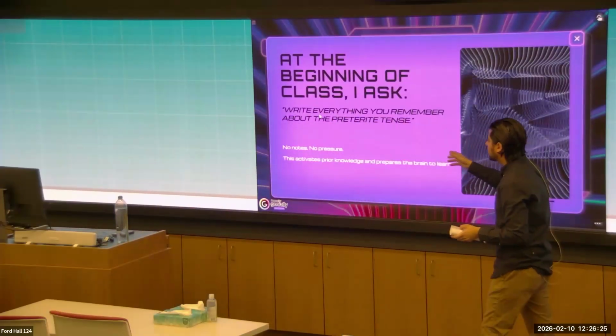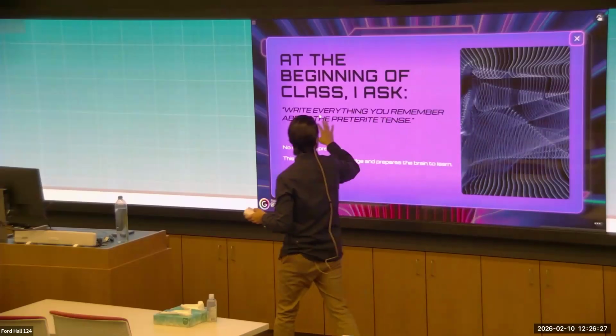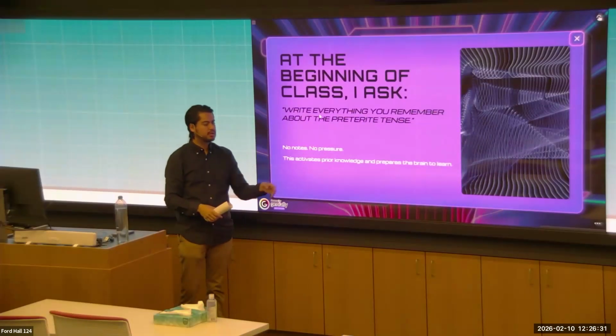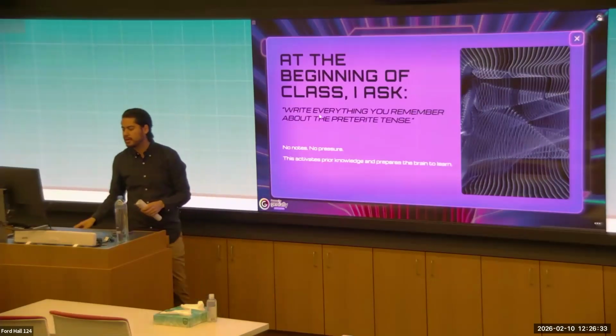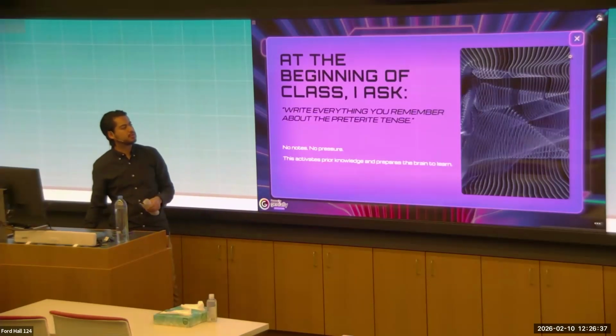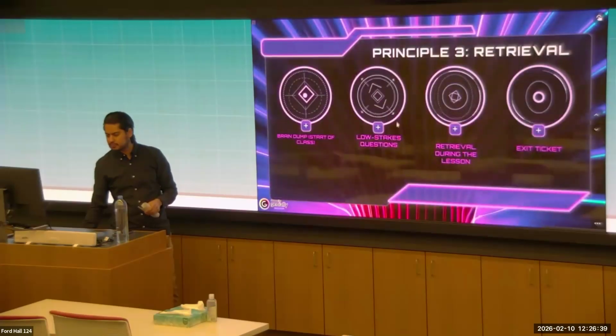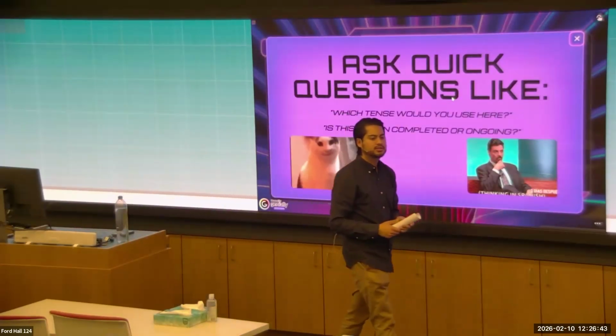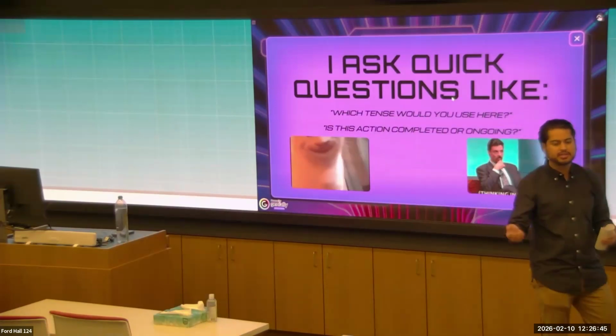So, for example, write everything you remember about the pretérito, see? So no notes, no pressure, and just basically doing a small warm-up as here as we do in the preps and the practice from the classroom and, of course, from the homework. After that, we go back again to the low-stake questions, correct? So this is the Genially, the Mentimeter, see,